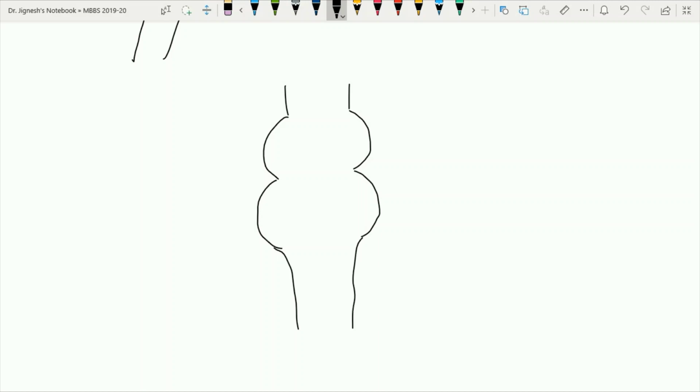This is the coronal section of the brainstem, where we can see the third cranial nerve nuclei at the superior colliculus, the fourth cranial nerve nuclei at the inferior colliculus, the sixth cranial nerve nuclei at the lower part of the pons, the vestibular nuclei at the lateral part of the pontomedullary junction, and the 11th cranial nerve nuclei also present at the lower part of the medulla oblongata.